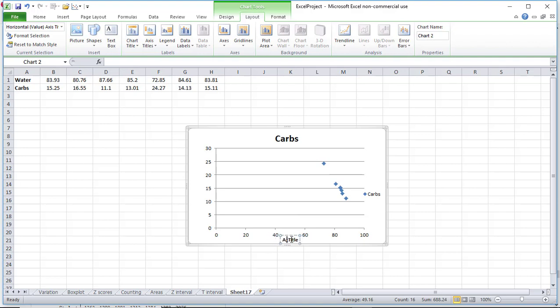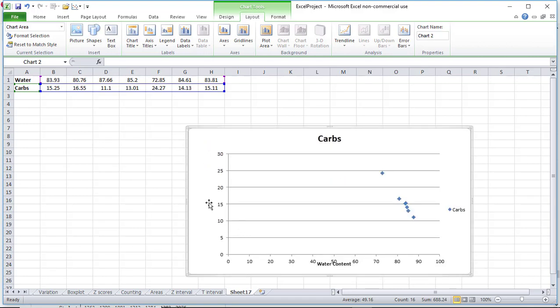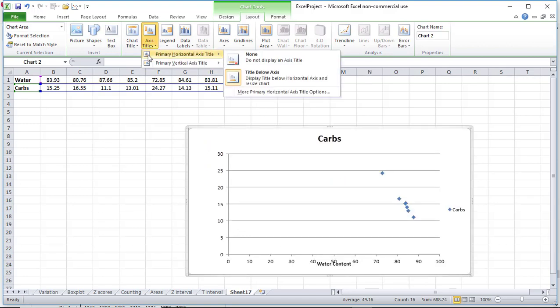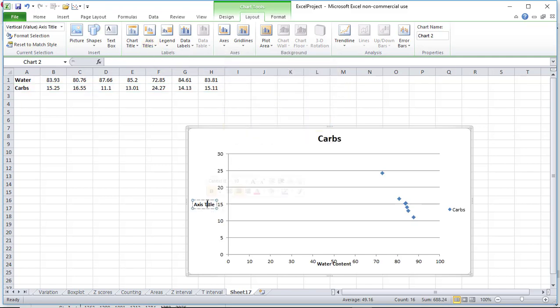content. I can make my chart a little bit bigger. And then I need a vertical axis title, and I'll call this carbs. And my title needs to be a little bit more descriptive. Scatter plot